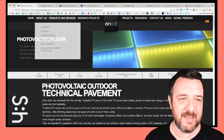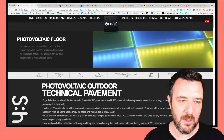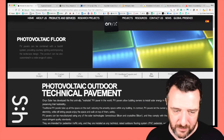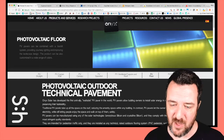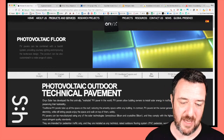Next up is Raised Access Floor. This is kind of like a floor panel which has got this LED backlit system and the ability to charge as well. So developed the first anti-slip walkable PV paver in the world. PV pavers allow building owners to install solar energy in rooftops while preserving their